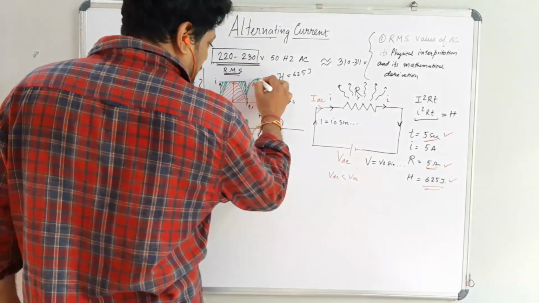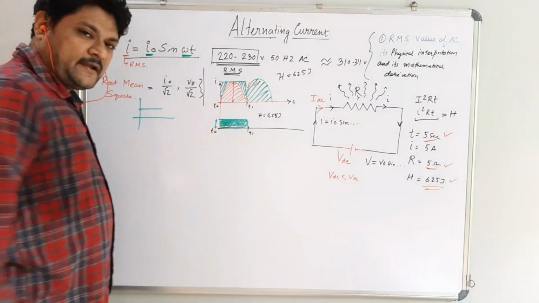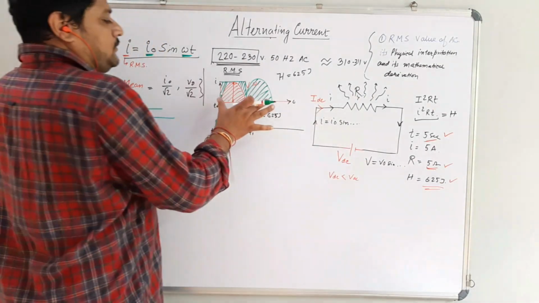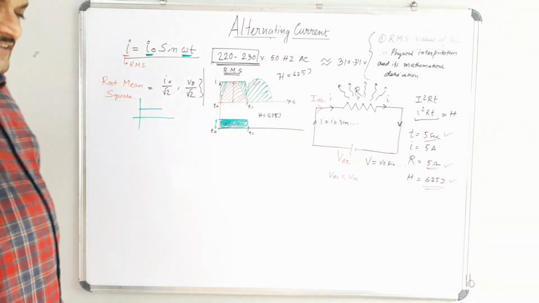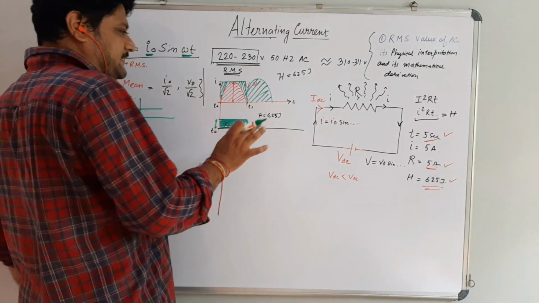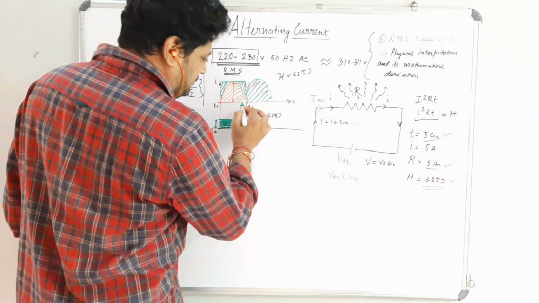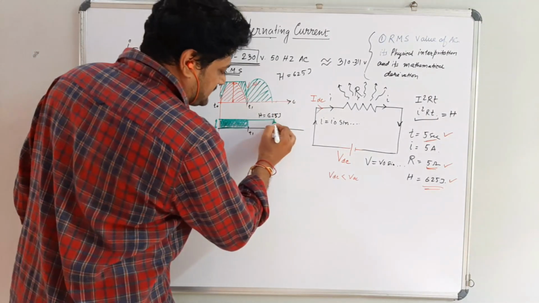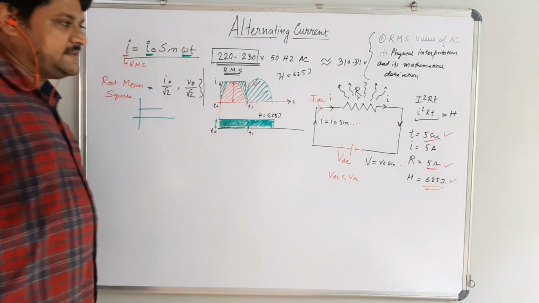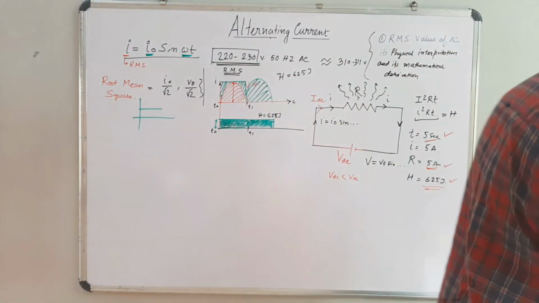Again, you can consider the full cycle rectified AC. So the effective area is this. If you join together, I am not going to integrate it now. If you want to calculate the area you have to integrate it. If you consider this as a semicircle, then two semicircles can be combined together to make a circle, and if the equivalent area is plotted at the same time, then obviously the magnitude of the DC is less than the magnitude of the AC. So this is basically the physical interpretation of RMS.